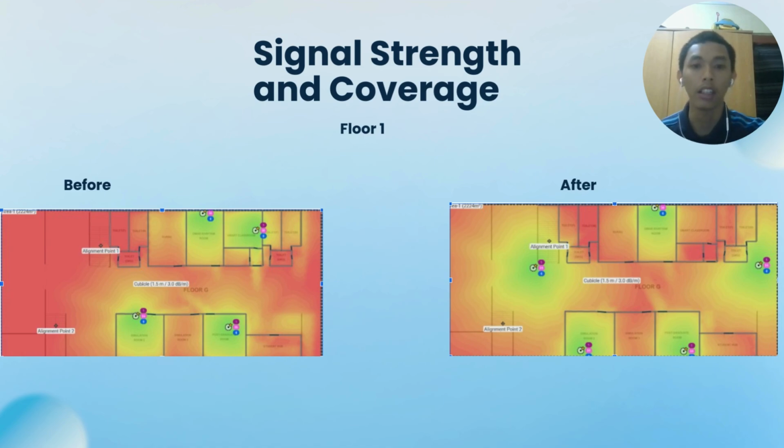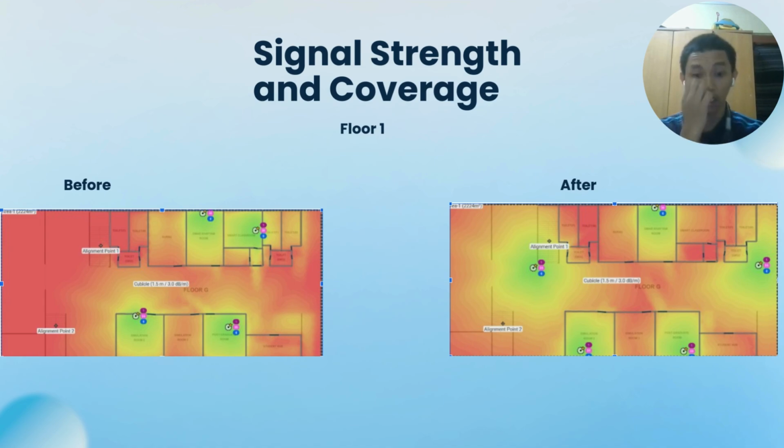As we can see here, for signal strength and coverage on floor one, before the optimization, floor one faced weak signal strength in certain areas due to improper placement of access points and physical obstructions like walls. As we can see here, by each class, there are walls separating them. So the signal strength in some zones dropped below the threshold, which is 70, causing dead zones and